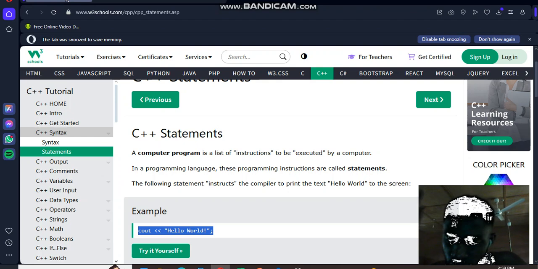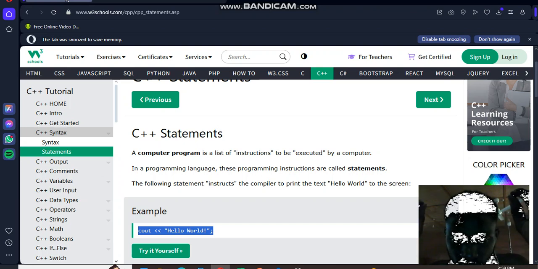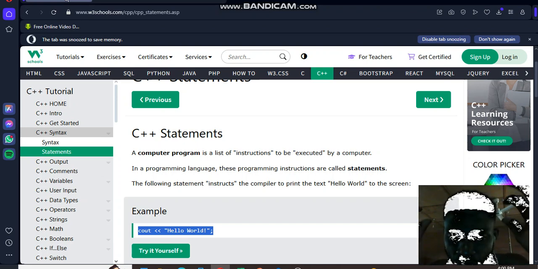In my previous lesson, I told you that when you want to output a string, which is a group of words or a word, it is put into double quotation marks. But a character, let's say H, A, B, T, that is the alphabet from A, B, C, D up to Z,